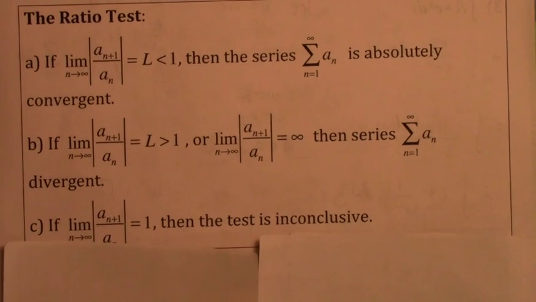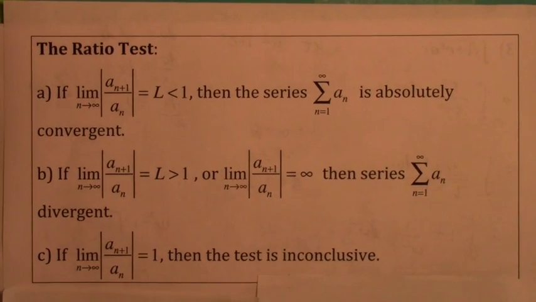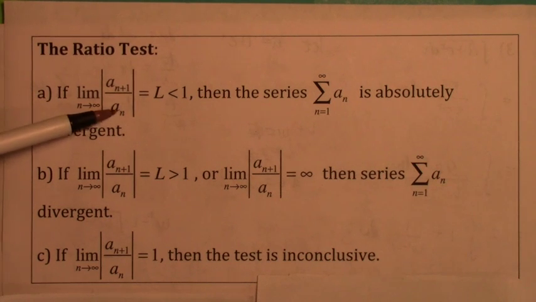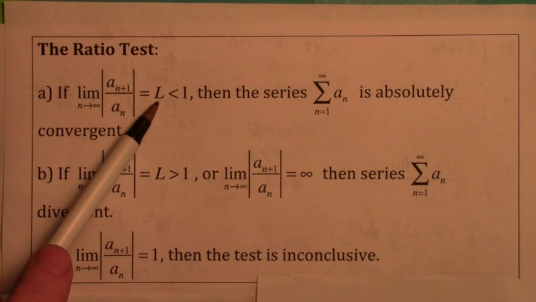There's a couple of tests we're going to look at in this one. My favorite test is called the ratio test. It's going to be used a lot, especially towards the end of the chapter. It works really well with factorials and things to powers. But it says, if you look at the limit as n goes to infinity of the ratio of the n plus 1th term over the nth term, the absolute value, whatever that limit is, if it exists and it's less